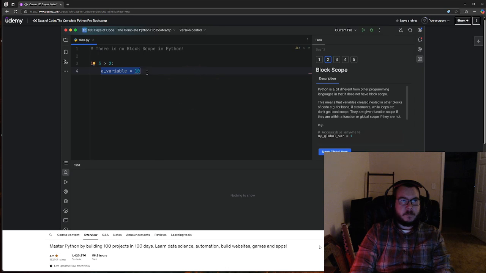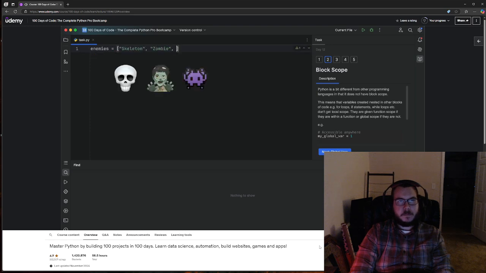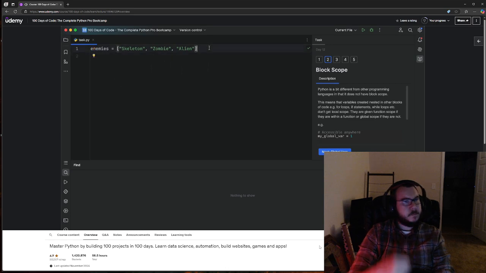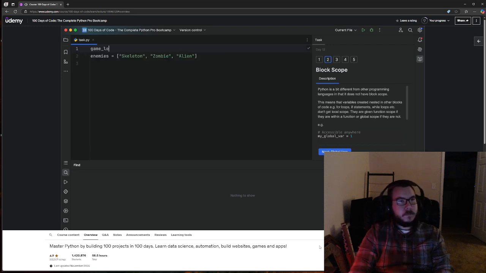It still has the same scope as its enclosing function, or if there's no enclosing function, then it has global scope. So let me show you a full example. Let's say we had a list of enemies. The enemies could be skeletons, zombies, or aliens. Now if I was to define a game level, the level that the user is currently playing at,